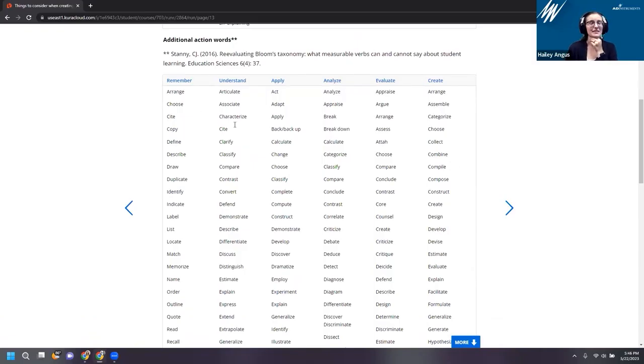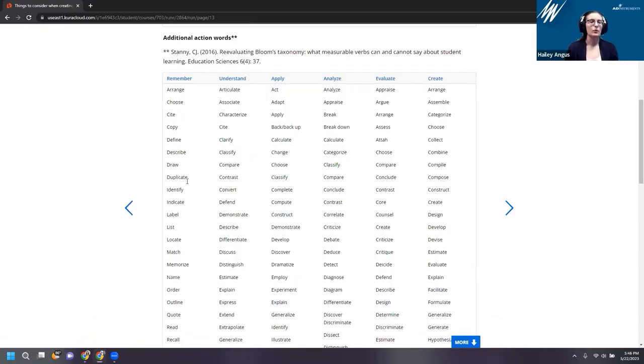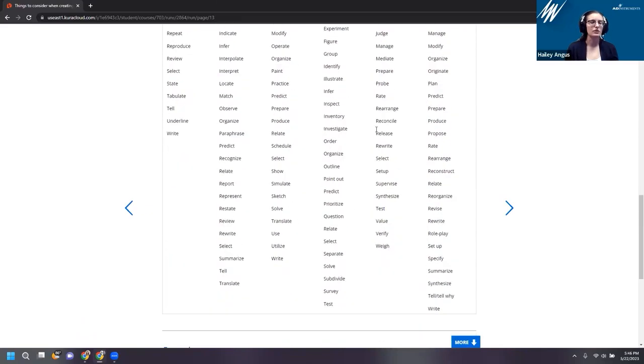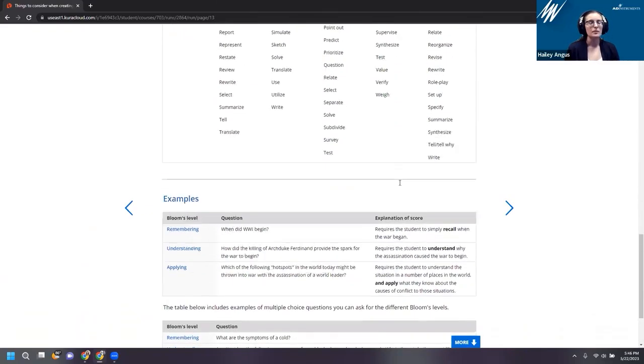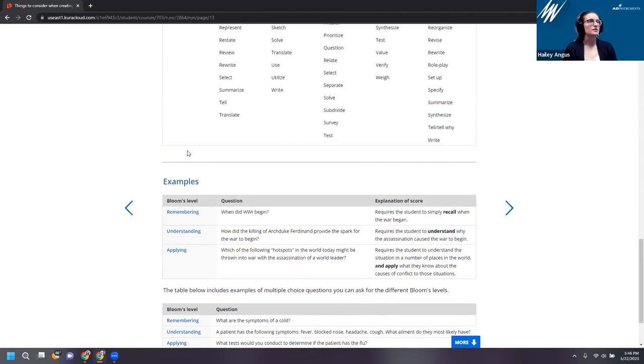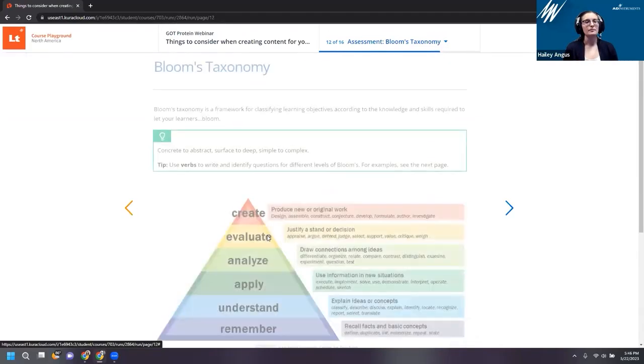But just having these lists of verbs and knowing where they sit in Bloom's, I love having this list. And again, you'll have access to this for a whole month. But this is just showing you an example of, okay, what is a remembering question? If I'm asking these types of questions to my students, really what level am I expecting them to understand the content at? And when you first present information to students, you're really asking them that baseline of the pyramid to